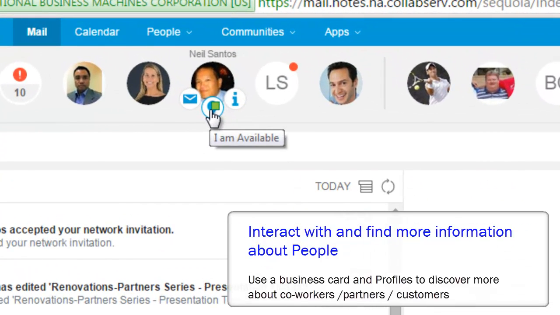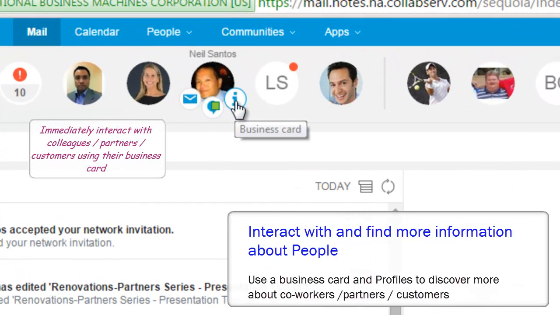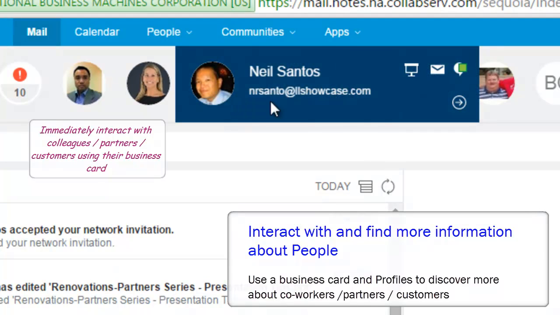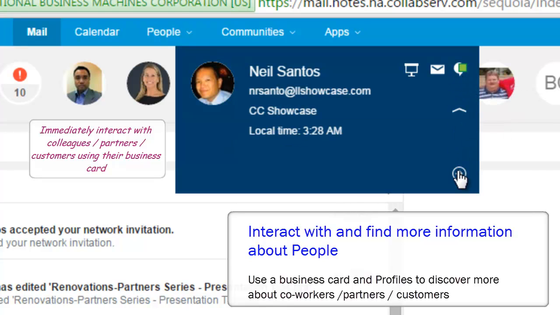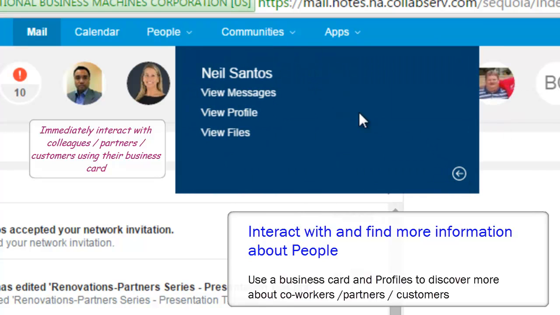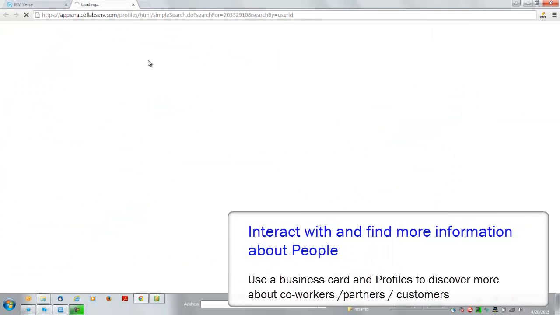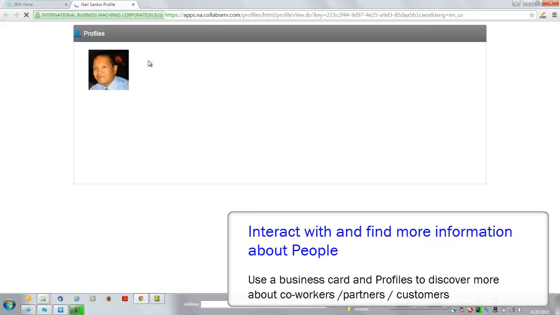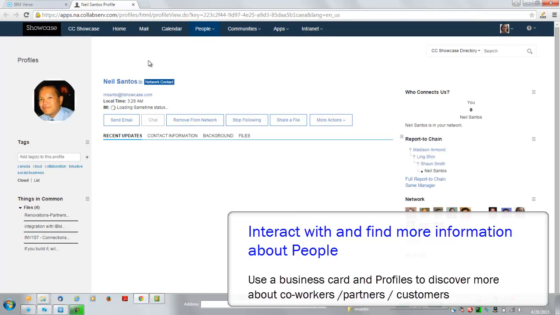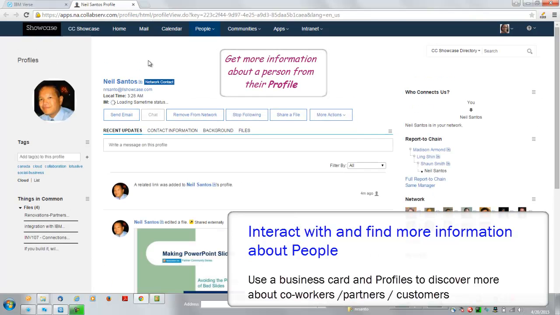Okay, back to Verse. We see that information about people is always available just by mousing over their profile. You can do things like start a meeting with them, compose an email to them, or even check out their online status. You can see all the messages, emails that you would have gotten from them, but in this case we'll show how you can check out their profile, and their profile contains a wealth of information about this particular